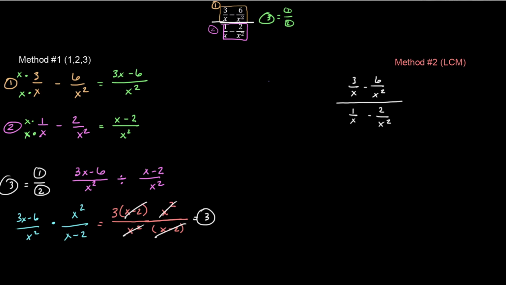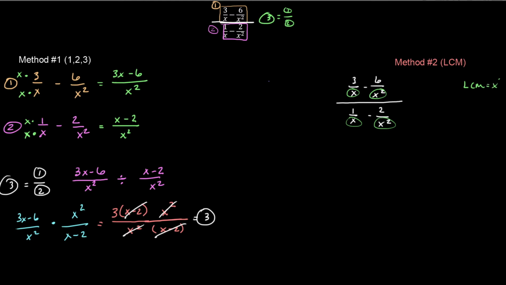All right, now what I do need to find is the least common multiple of every single one of the 4 denominators. And the least common multiple of x, x squared, x, and x squared is just x squared. So my least common multiple